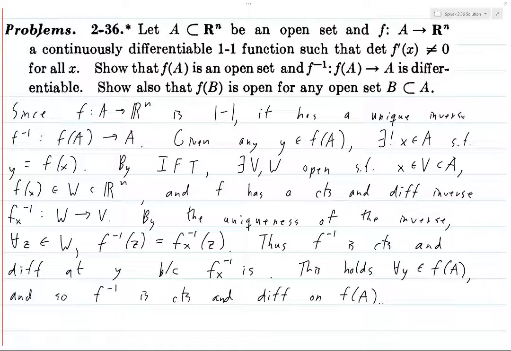Now we want to show that f of A is an open set, and furthermore that f of B is an open set for every B which is a subset of A. Well, A is an open set. So if we just prove this for every open set B which is contained in A, then proving that f of A is an open set will be automatic. This part is redundant. Okay, so to prove this,